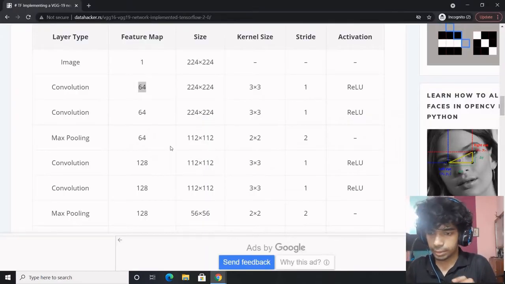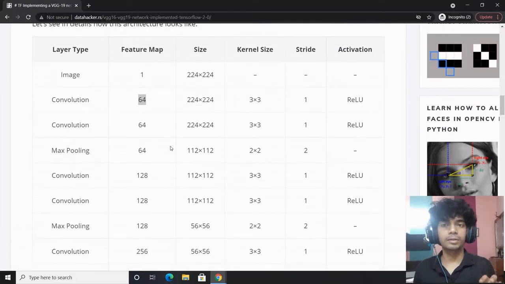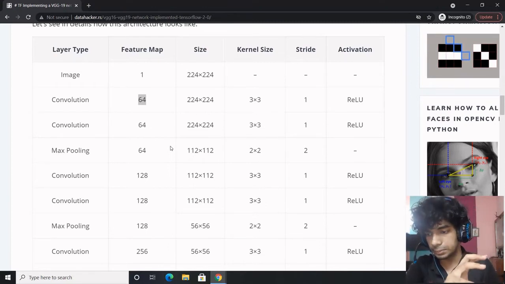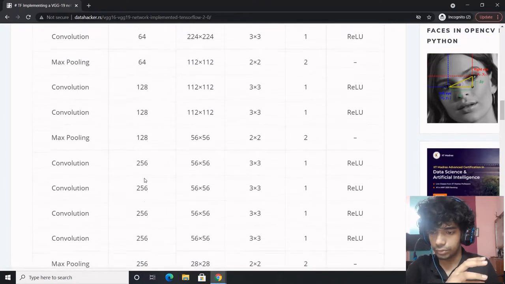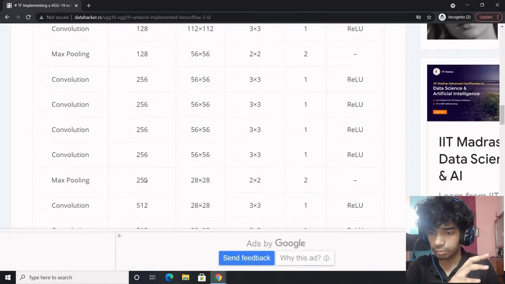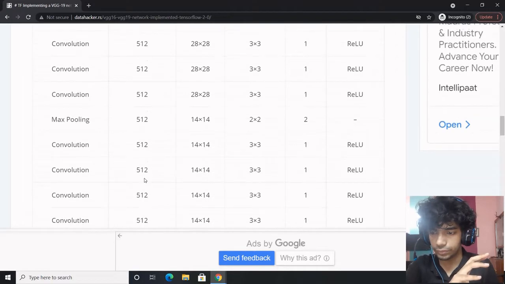You can see there's a repetitive pattern, what we call a block style pattern, or a unit style pattern. You have one convolution, max pooling, convolution, max pooling. Then convolution, max pooling, convolution, max pooling.